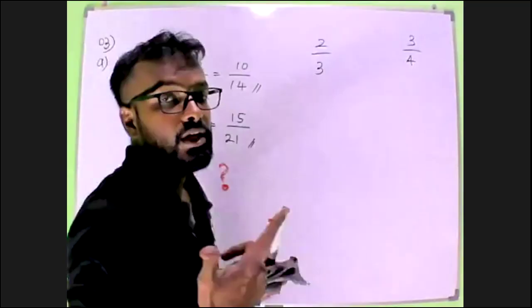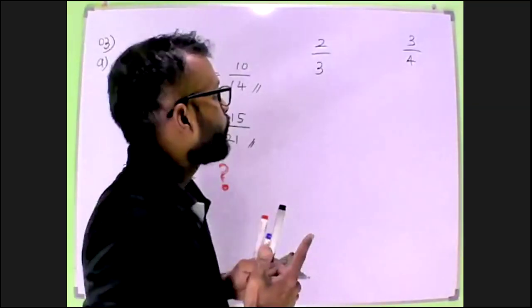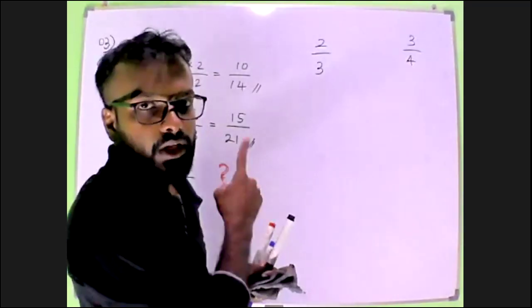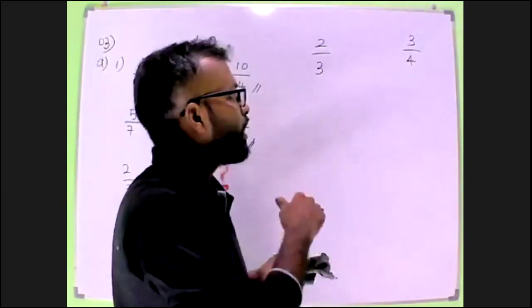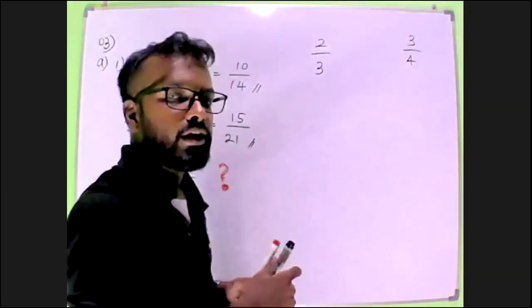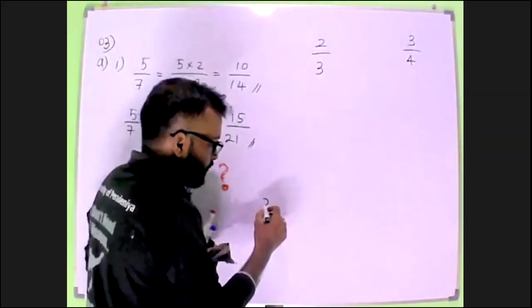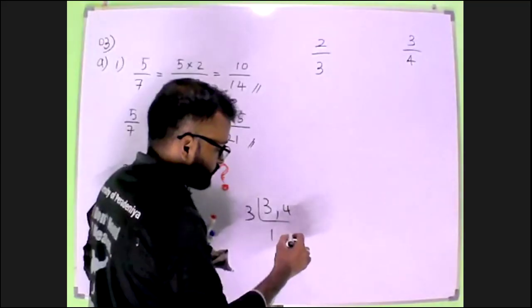By looking at this, you can say at once what the LCM should be. 4 is not a multiple of 3, 3 is not a multiple of 4, and so at once you can say 3 times 4, it should be 12. Or you can find the LCM